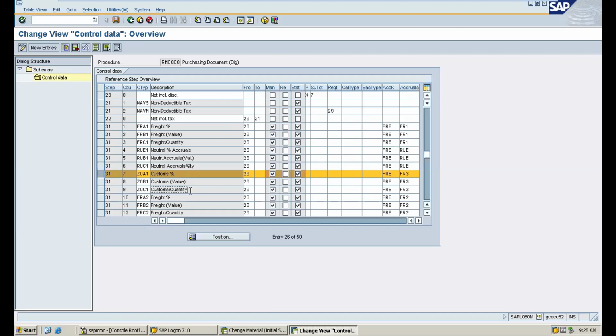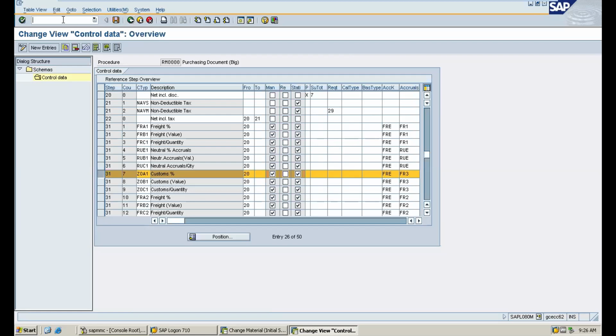So let's think that we are giving it in terms of percentage. And it's like manual. We don't know whether the PO we are creating is an import or not. So try to maintain it as a manual type of condition type with the statistical indicator, so that we can maintain a manual condition while creating a purchase order. Okay, and I'm saving this document. There is no requirement of saving because I already have this condition type in the calculation schema.